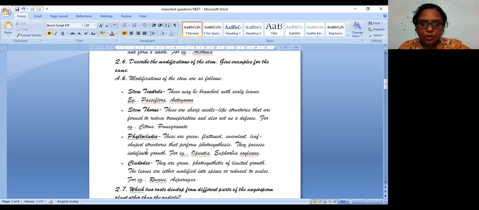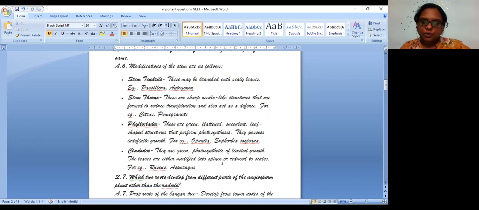So actually, I told you these phylloclades are modified to reduce transpiration. They will not allow the water to be lost, and they will also absorb and keep the water. They store water also. So mostly they will be succulents. All these categories which are avoiding the transpiration process will be mainly succulents, for the process of indefinite growth. Opuntia, Euphorbia, Opuntia was the main example.